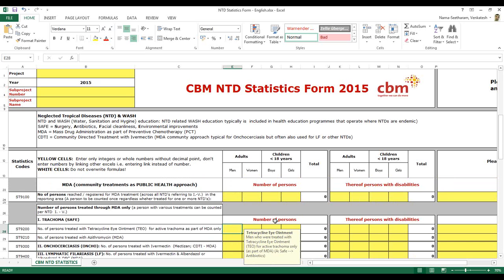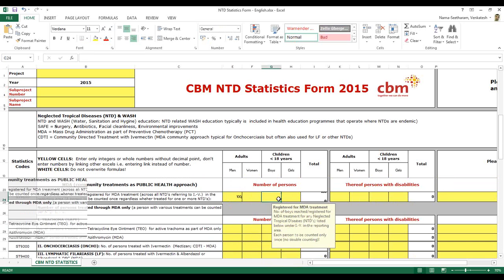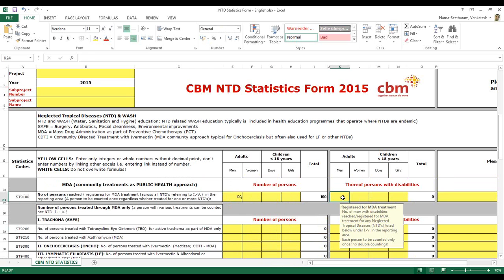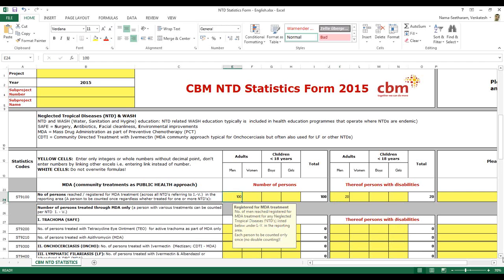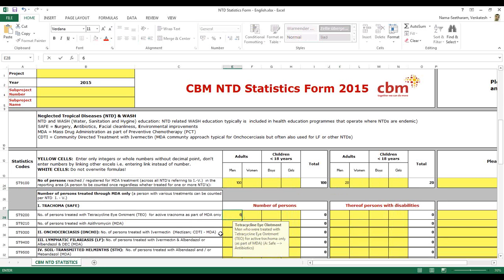Say for example, if there are 100 men in the district that we are reaching, and out of 100 men 20 are persons with disabilities, and for these 100 men there may be various lines, say 60.